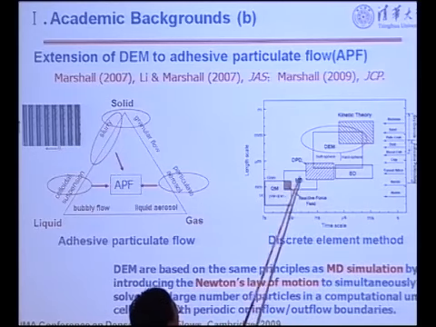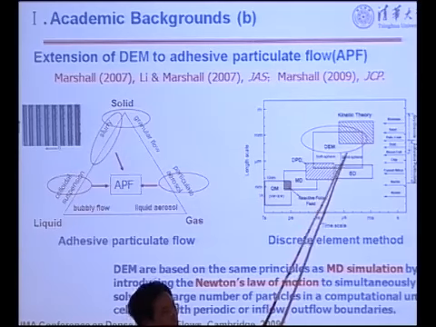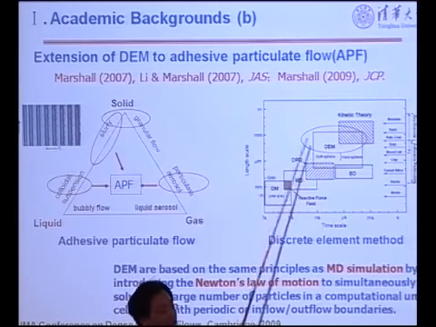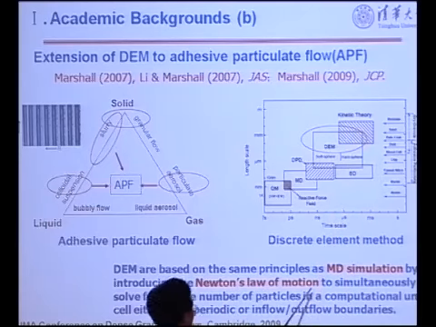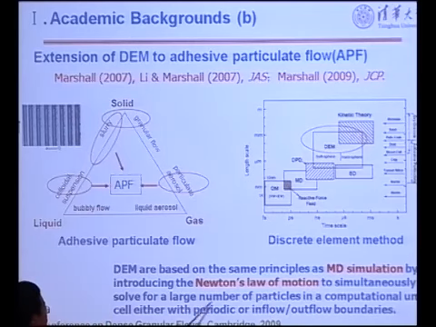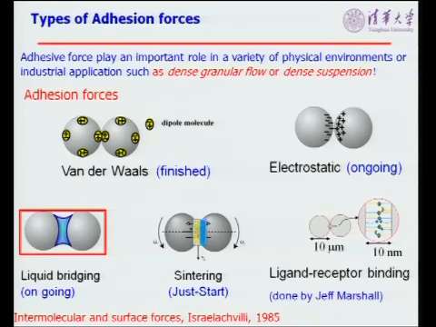This is the length scale and this is the time scale, with coal and biomass sand, and different ways we can use DEM. It has lots of applications in these fields, and compared to kinetic theory, it can provide particle-level information. DEM for microparticles is similar to MD for atoms, and it can simultaneously solve a large number of particles in a periodic cell and in inflow-outflow cells, so it is very feasible.